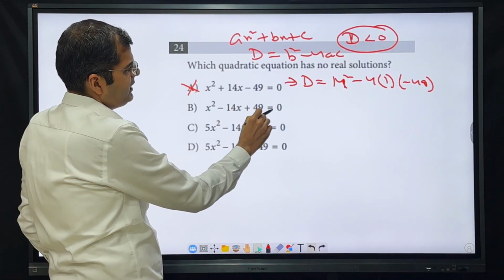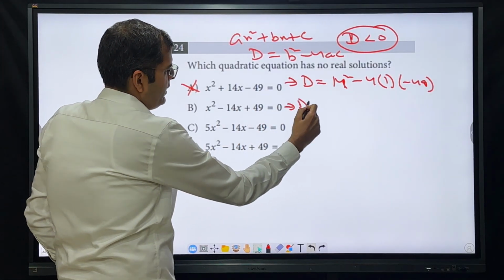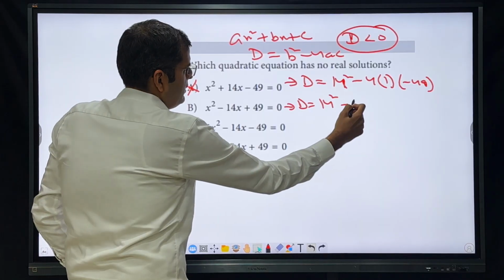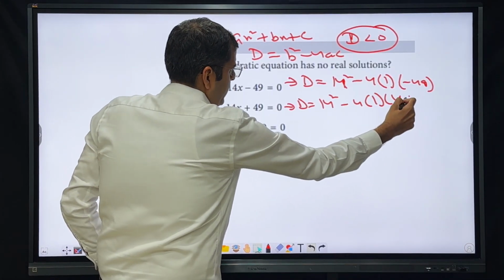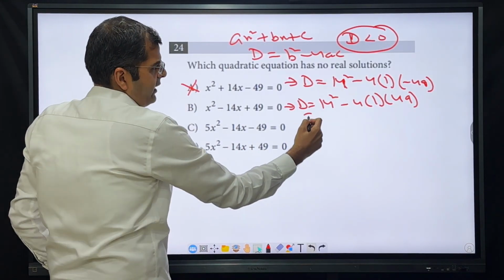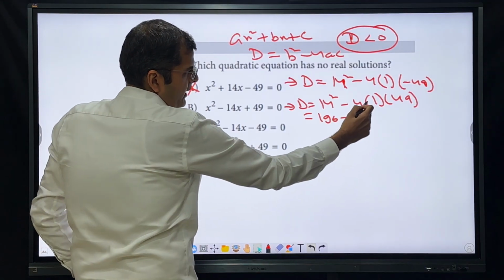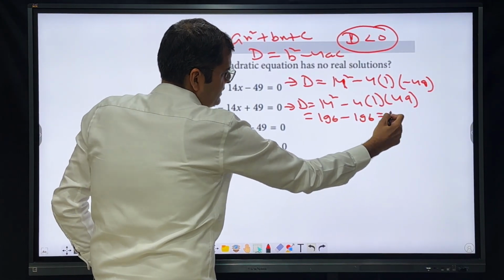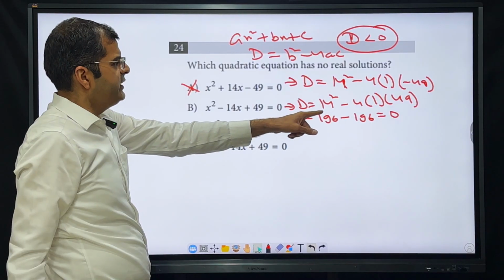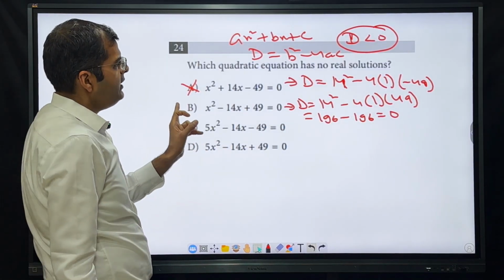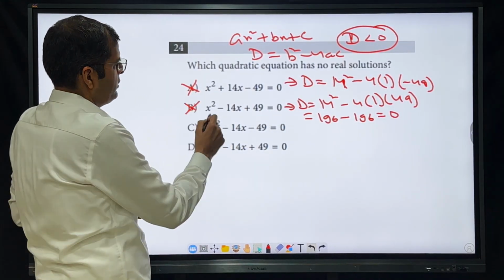Then it is x square minus 14x plus 49. Here d is equal to 14 square minus 4 into 1 into 49. Now what is 14 square? This is 196. Minus 4 into 49 is also 196. This is equal to 0. So if d is equal to 0, again, this is not the right answer because d has to be less